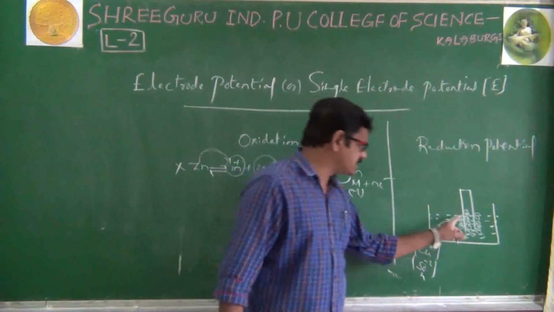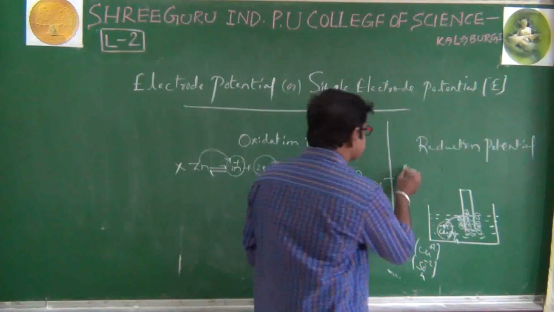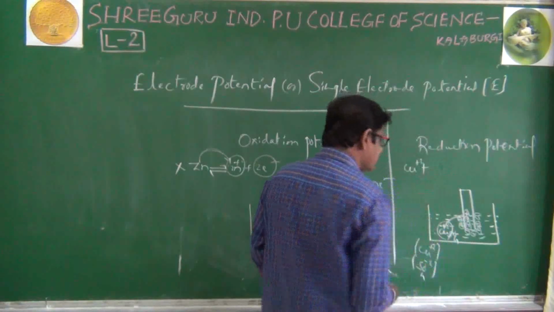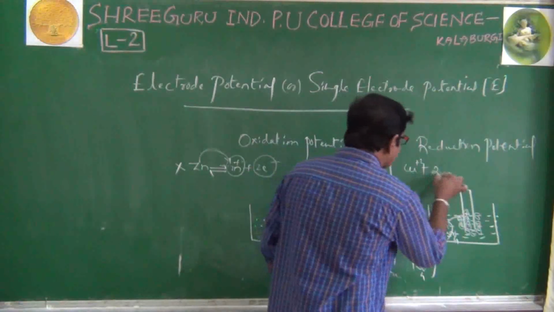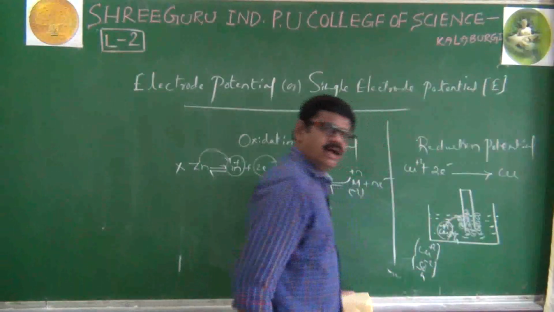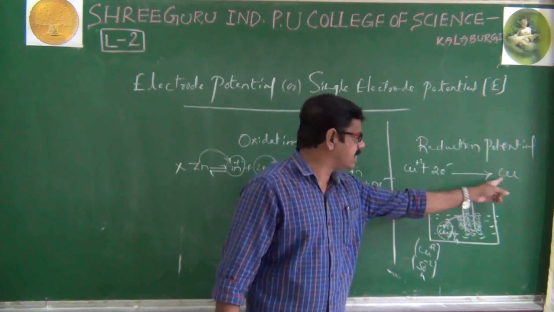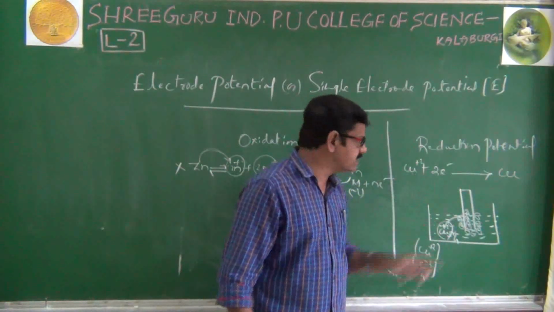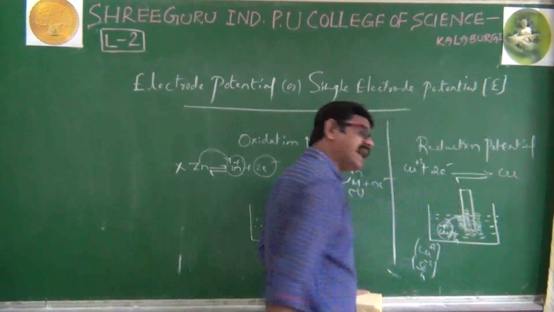Okay, SO4 minus 2 ions will be surrounded to that copper rod. Here, our Cu plus 2 ions, by capturing electrons from the copper rod, taking 2 electrons, are converted to copper. And after some time, equilibrium exists between copper as well as the copper ions. Equilibrium existed between copper as well as the copper ions.